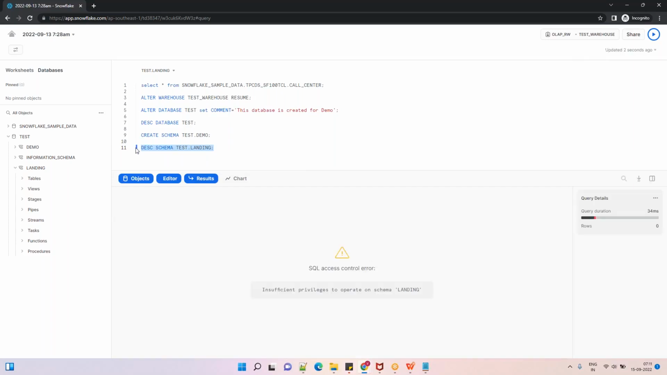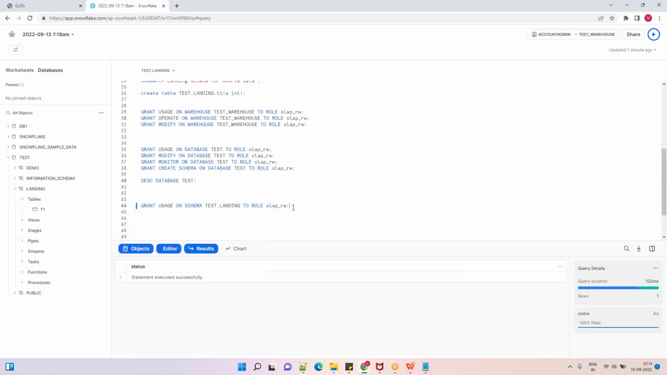Now you don't have this privilege. Okay, you don't have this privilege. Now, in order to get this schema privilege, you need to have monitor privilege on the schema, similar to your database. So most of the schema level privileges are similar to your database. Okay, so I need to give a monitor privilege on the